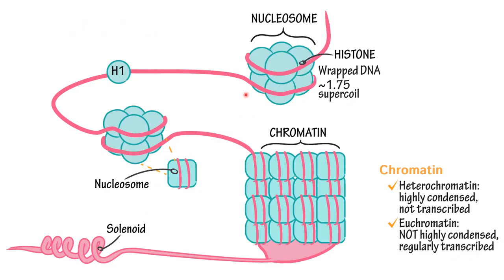So here you can see this is one nucleosome. Okay, this pink color structure is the DNA helix. Then this H1 histone is present here to hold the linker DNA. Okay, then this is the next nucleosome structure. So these nucleosome structures are formed like beads on a string, and then will form a structure like this, inside a cell. So this complete complex structure is called chromatin, and this chromatin later on forms the solenoid and then chromosomes.